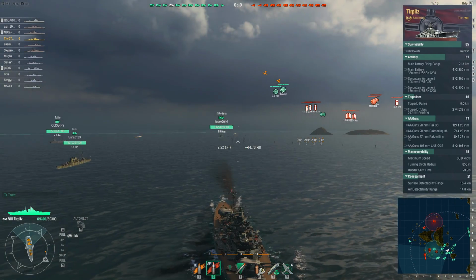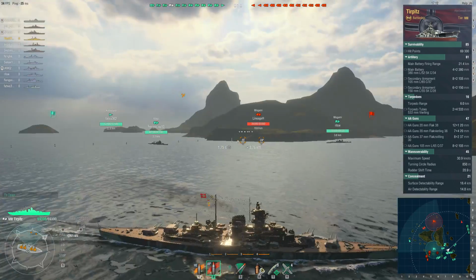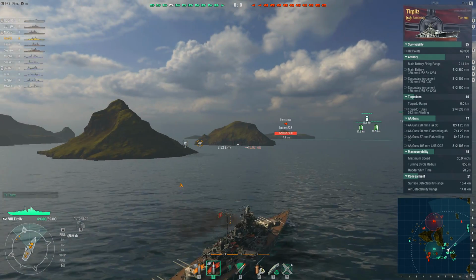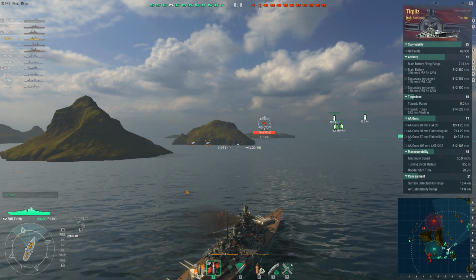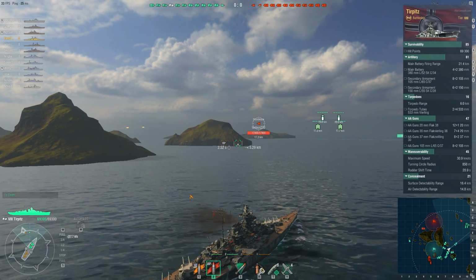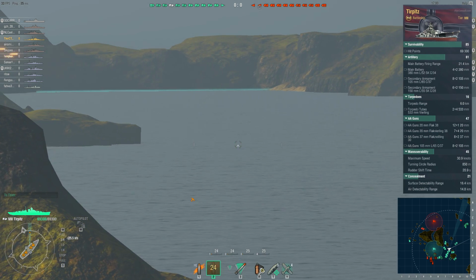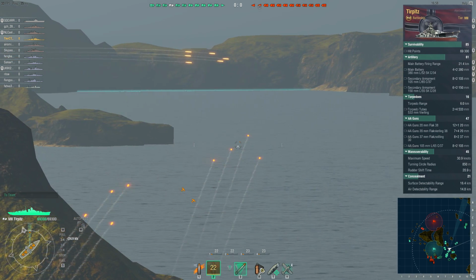Now the Tirpitz has 70,000 health, a gun range of nearly 22 kilometers, and it has those 380mm guns. It has 4 turrets consisting of 2 guns on each turret, and respectable secondary guns of 105 and 150mm in caliber. Now the interesting part is the torpedoes, which is unique with the Tirpitz, and the Tirpitz has a torpedo